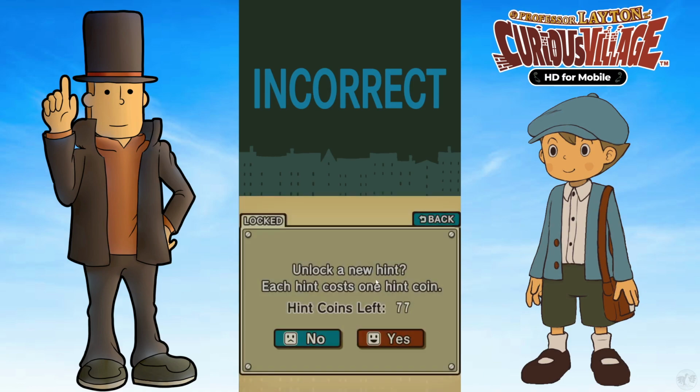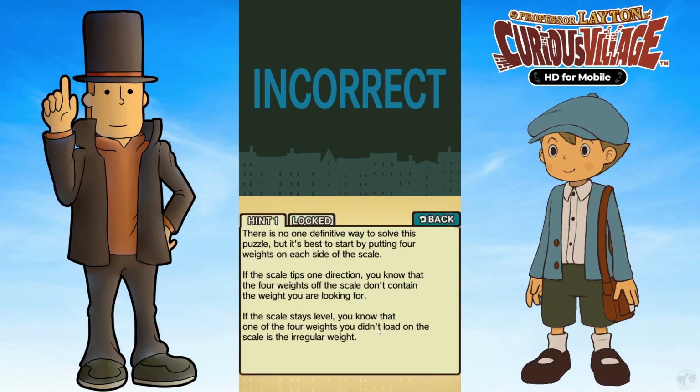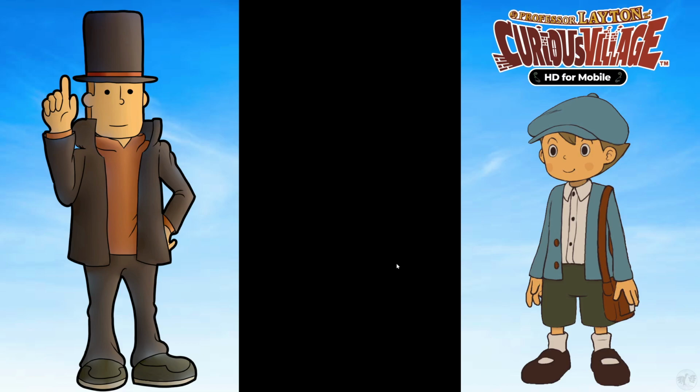I had it. I need a hint. Because I don't understand how to differentiate between... there's no one definitive way to solve this puzzle best by starting to put 4 on each side. I did that. You know that 4 weights off the scale don't contain the weight. Tips one direction. You know that one of the 4 weights didn't load. I know that. But then...